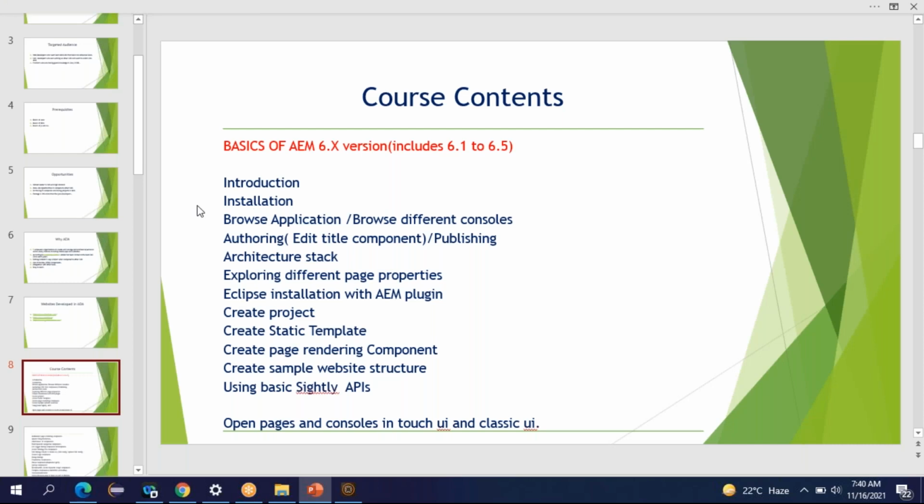So now come to the course content. Our course content has two parts: basics and advanced. In basics, we are going to cover all the concepts which are common in all versions of AEM. So it includes introduction, installation, different consoles, authoring, publishing, architecture stack, page properties, Eclipse installation, AEM plugin, create project, create static template, page rendering component, sample website structure, use basic site APIs, open pages, consoles in touch UI, classic UI,